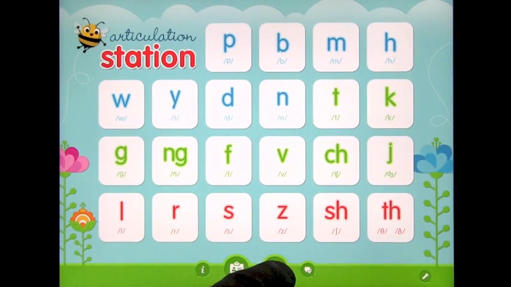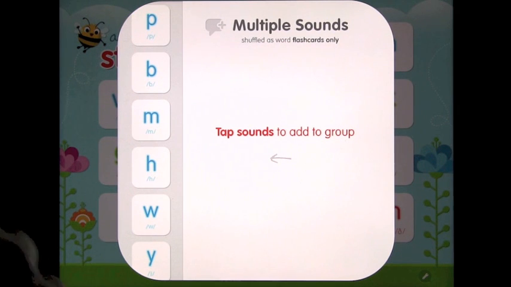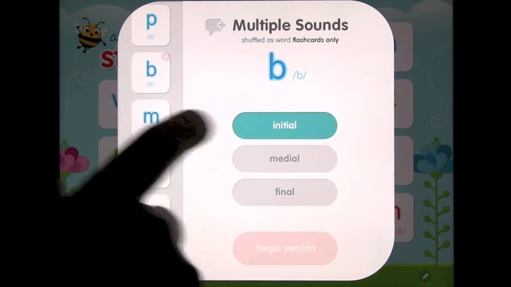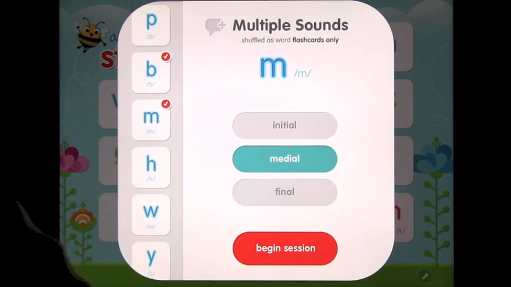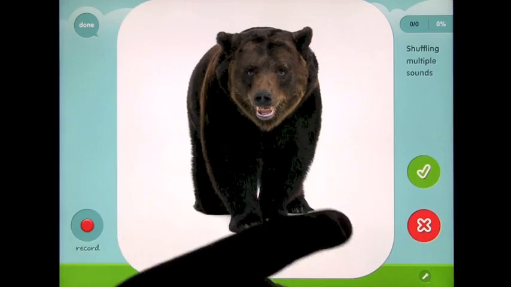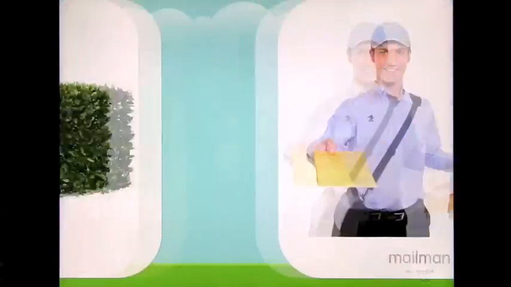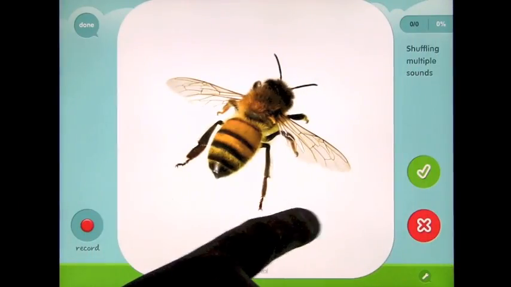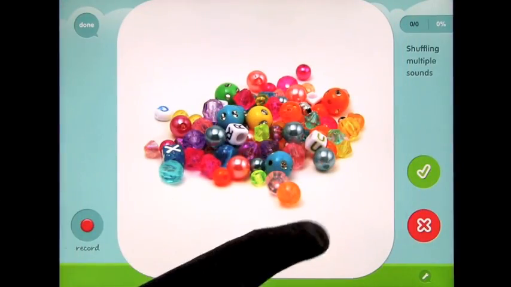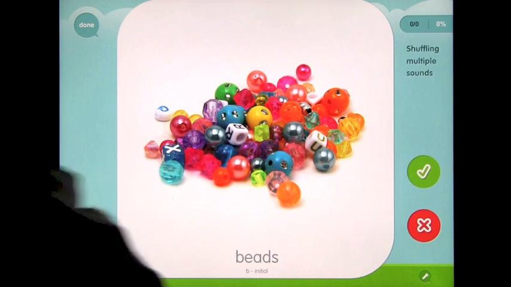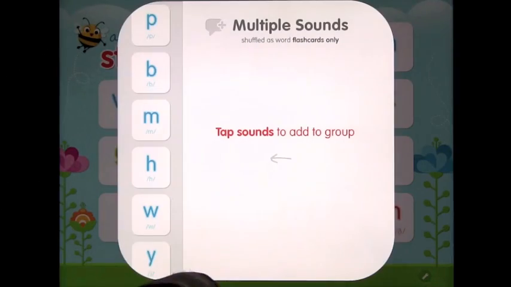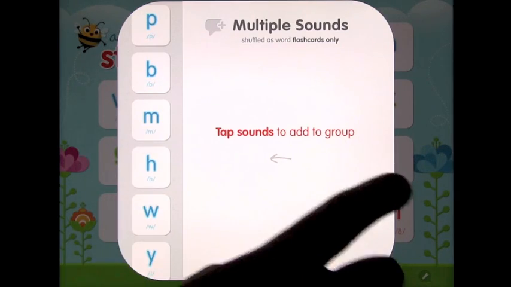save that. One thing I really like about this is you can work on multiple sounds simply by adding them to the project like this, and then you can begin the session. So you've got a lot of different sounds that you want to work on, along with the list that you can now change as to what words you want to work with or what sounds. This makes this great. So you can shuffle the multiple sounds. Going back out again, another very neat feature is